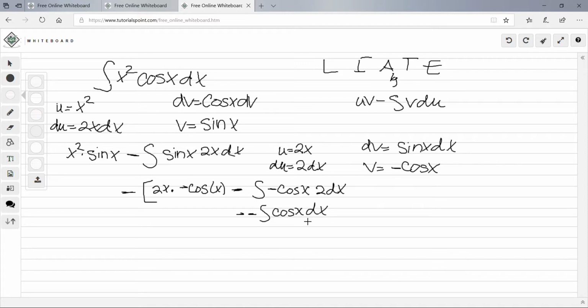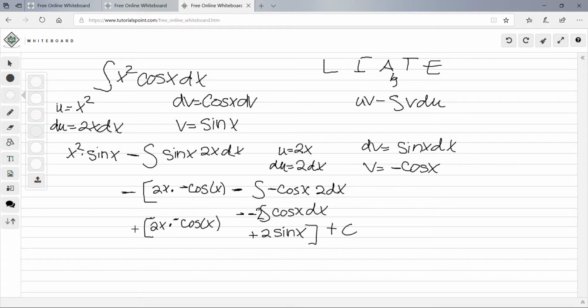So the integration of cosine x is just positive sine x, and then remember the 2 should be in front, so that's going to be positive 2 sine x. And then bring this down. So we get 2x times negative cosine x plus 2 sine x